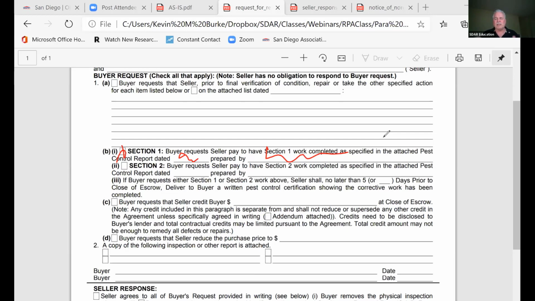We'd have the seller do section 1, the buyer do section 2, right? Section number 2 says there's evidence that could potentially lead to something being a problem, but it isn't currently a problem. And in most cases, the buyer is just assumed to have that done. So what is the advantage of doing it in the request for repair rather than doing it in the purchase